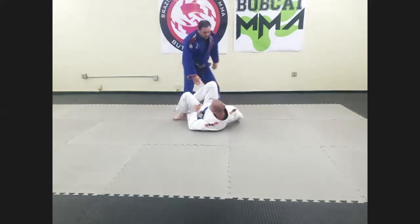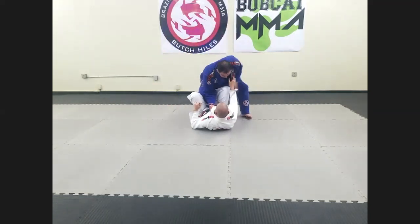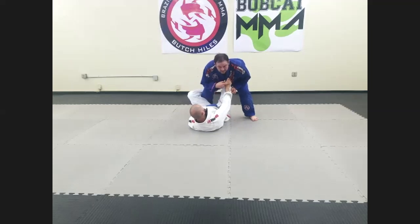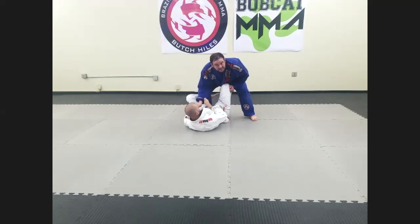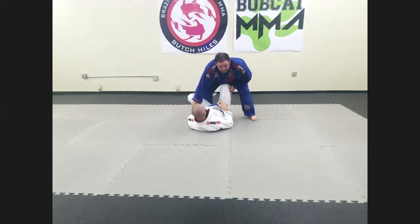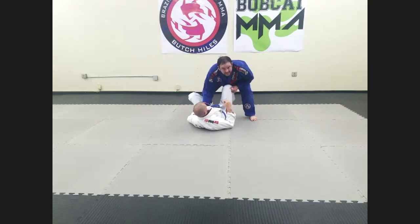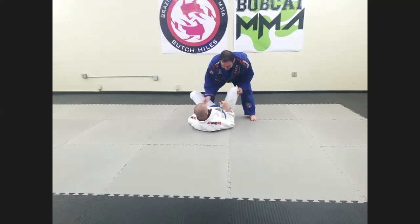Okay, so we're going to go back to our headquarters position. Boom, I've made my frame. I was here, I got to the grips, and a lot of times what happens, especially with the lapel guys, is they immediately control this lapel, or maybe my sleeve. It's kind of indifferent which one they do, but he's got my ankle, he's got my Achilles grip. I still made my wall, my knee is pointing out. I can't really shuffle step this way because he has that. I can't do that knee slice pass because he has